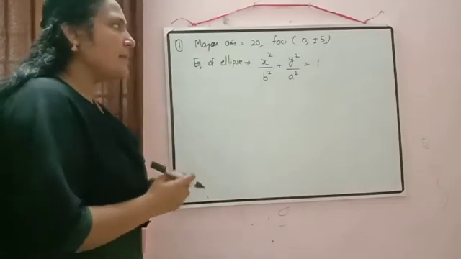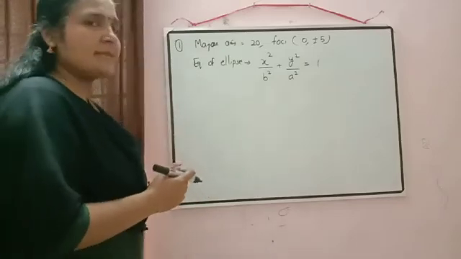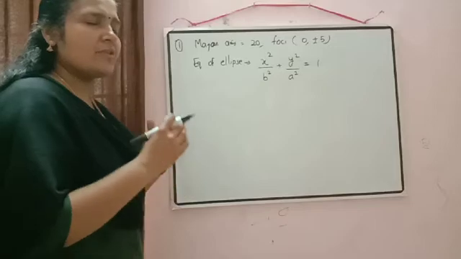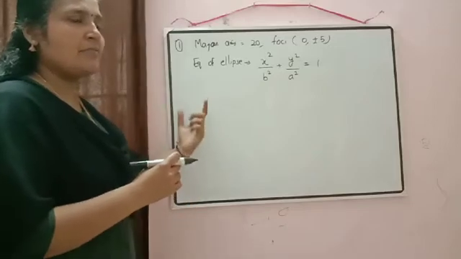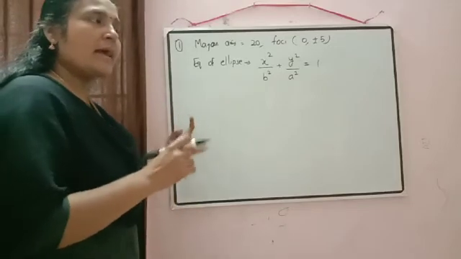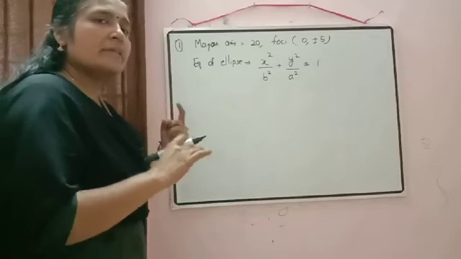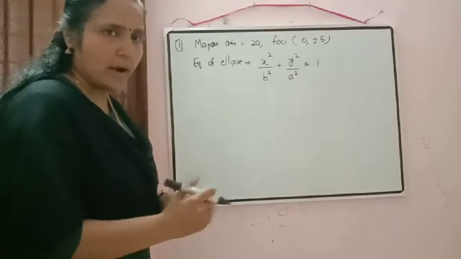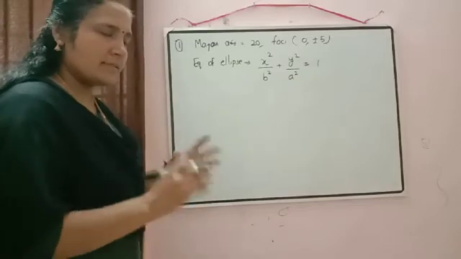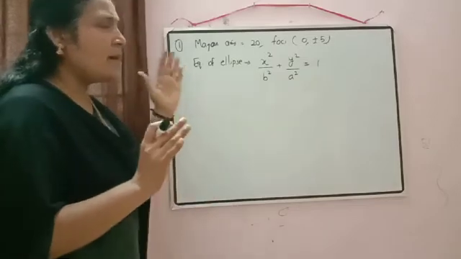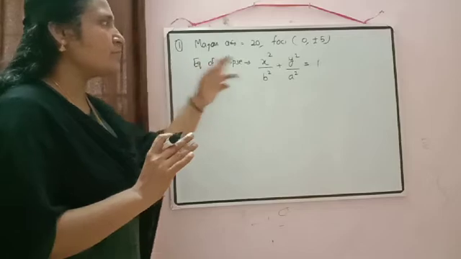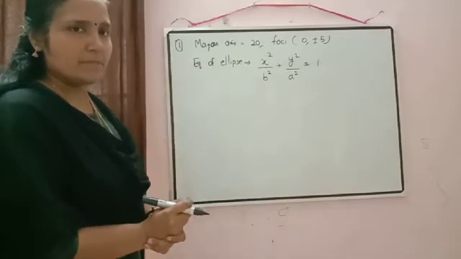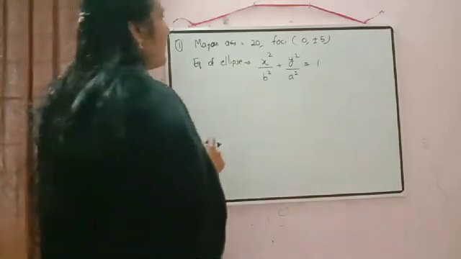Why am I saying this? Because if you do not write this, it's obvious that you will make a mistake at last. When you write the equation, you will write the normal equation, that is x square by a square plus y square by b square is equal to 1. So that's only to avoid the confusion. Before only you can write down this equation of ellipse. Now we can check what are the things given.